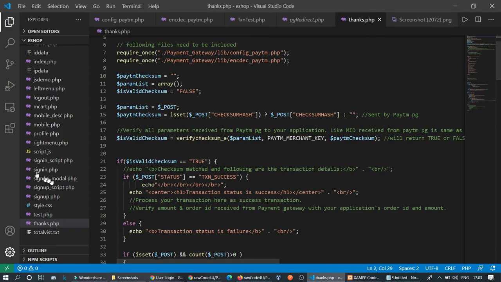If same, then good, and if it is not the same, it means there is something wrong in the transaction, something missing, something tampered with.